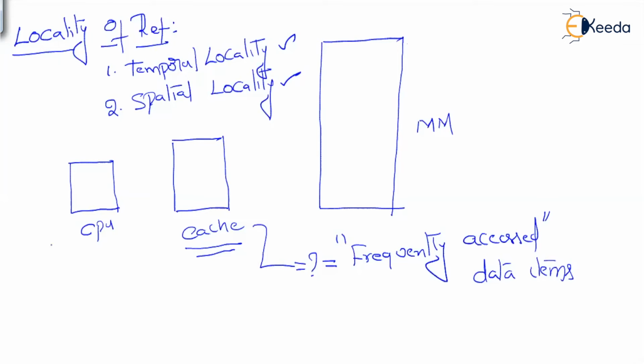Temporal locality is a phenomenon where, when a data item is accessed from the main memory, the data item might also be accessed in the near future. That is, when the CPU accesses a data item from the main memory, the currently accessed data item might also be accessed in the near future. For that reason, the data item which is accessed by the CPU now should also be transferred to the cache memory for future references.